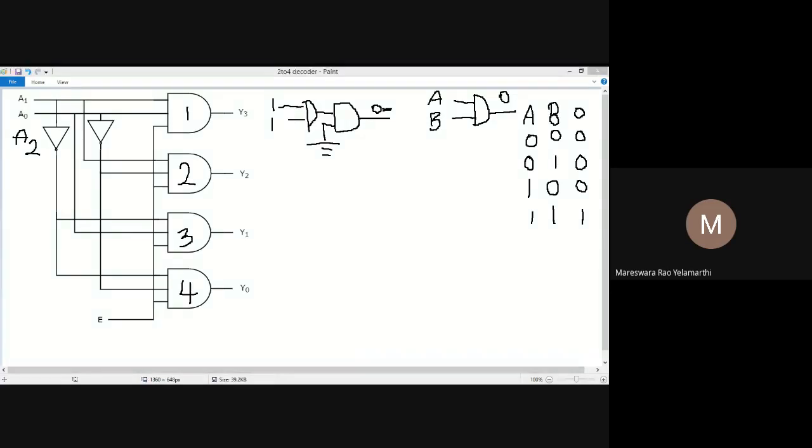Quickly answer through the chat box. What is the output of that circuit?